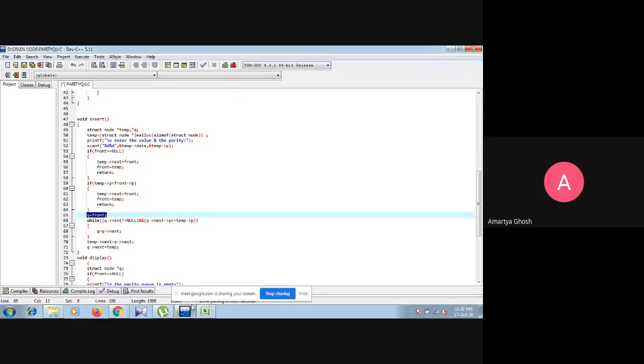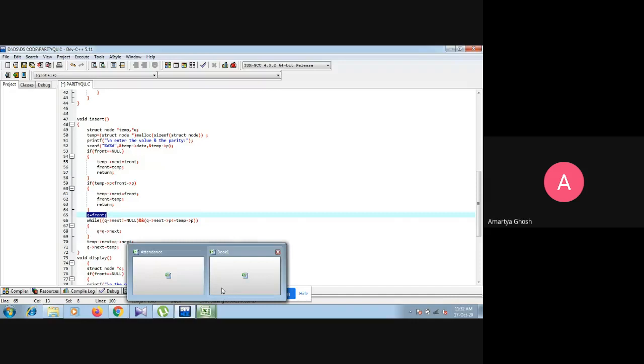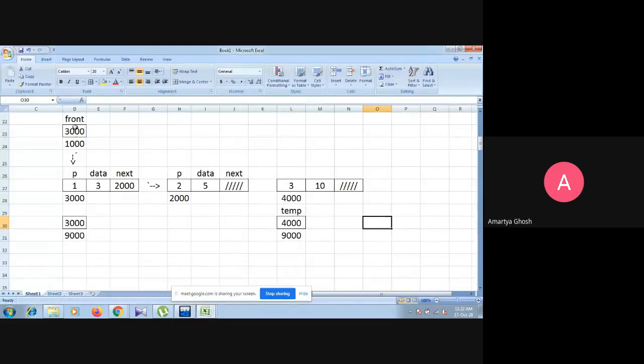So q equals to front means wherever front is pointing, q also points at that same position. Front is 3000, so the value of q is also 3000 by q equals to front. So q is now pointing at the first node, or front node base address. Okay.